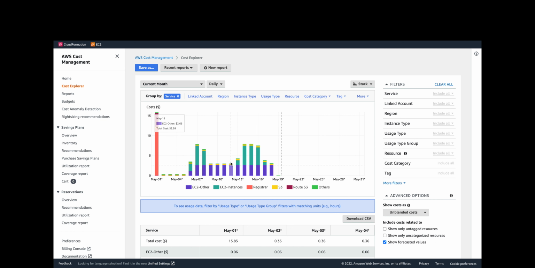We can see when it does run, it costs me about $8 a day. So on these particular days, it was running all day. This day was running most of the day. When I shut it off, it's about $3 a day. So $8 a day to run it